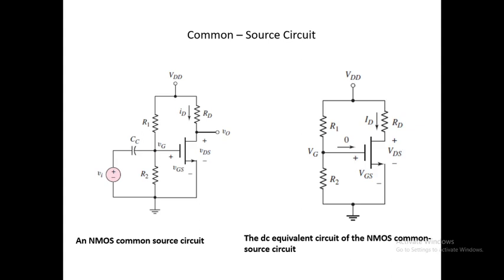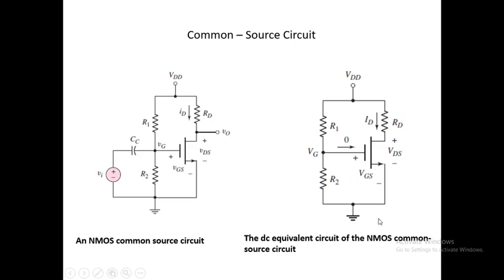That's why we can say that it is a common source amplifier. If we apply the DC analysis rule, that is, all the capacitors will act as open circuit, make the effect of AC sources 0, VDD will be present in the circuit, then this circuit represents the DC equivalent circuit of the NMOS common source circuit. We remove the capacitors, we remove the AC sources, only DC power voltage sources like VDD are present.